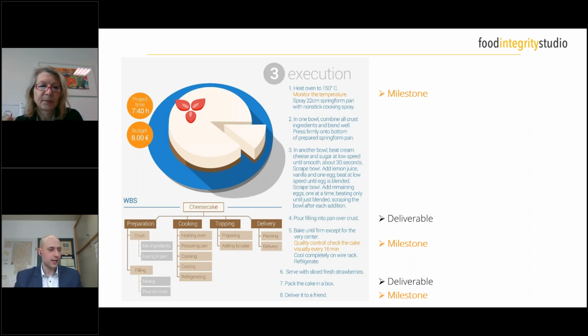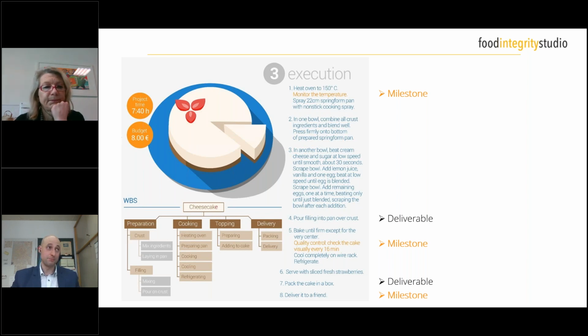Furthermore, looking at point 7, for example, here you pack the cake in a box. So you have then really here the final result. It's packed here. That is your main outcome of the project. And then you deliver it to your friend. And then you have again a milestone. So having your ready cake delivered to your friend, and your friend has received the cake, that is your ultimate final milestone of your project. And that basically tells you, I've achieved my results, and we're basically more or less done with the project,